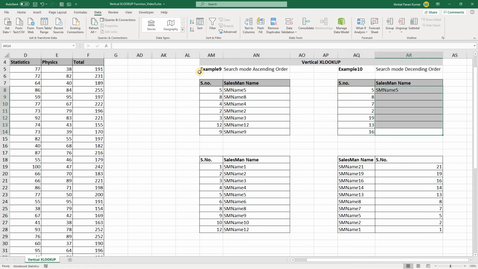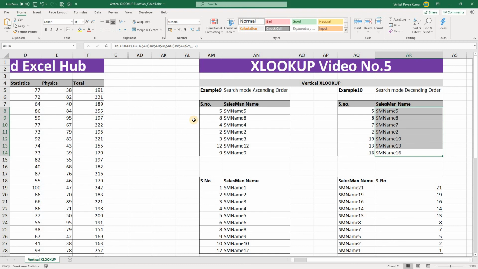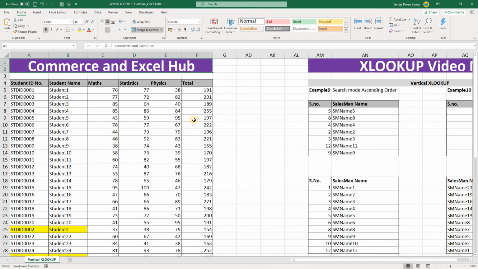Okay, now let me drag this formula. We got the salesman names. These are the last two arguments in XLOOKUP. So in this way, if you have data which is sorted in ascending or descending order, you can use XLOOKUP and get the required value. Fine. So we have covered all the arguments in XLOOKUP syntax. You can see all my 5 videos, and then you can easily understand how the XLOOKUP function really works. You are going to see 2 more videos on XLOOKUP with horizontal data, so how to handle horizontal data. That will be after this series.